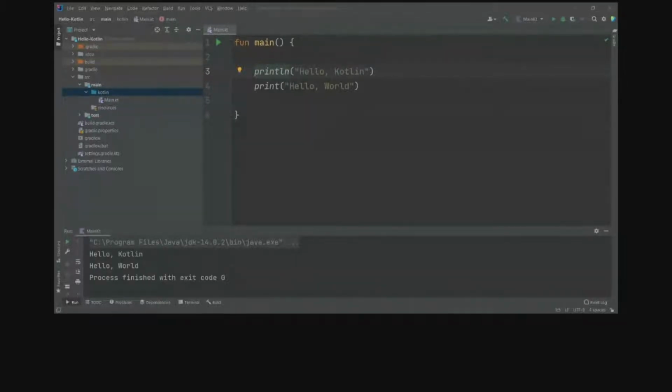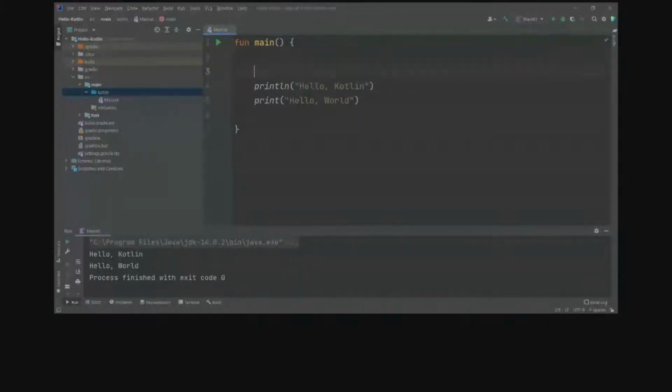Okay, so let's suppose you are writing a big code and you want to explain it to your friend, or let's suppose your friend wants to join in, and you want to explain it to your friend. So how will you do that? For that we use comments. In Kotlin there are two types of comments.